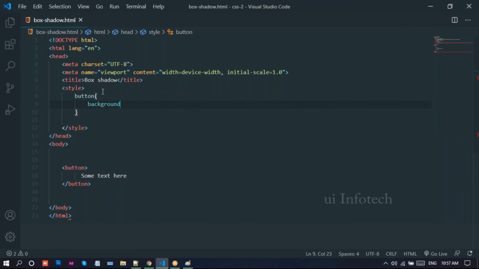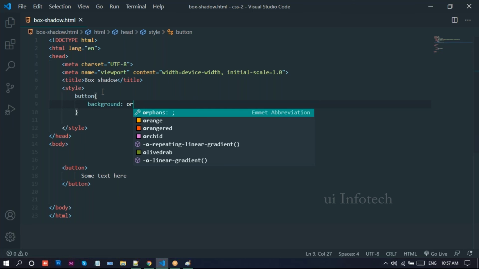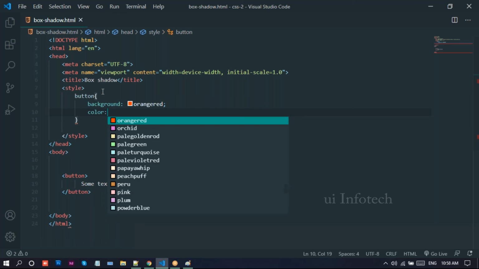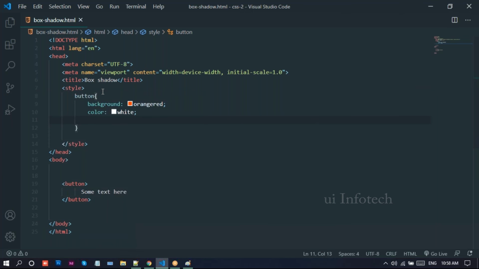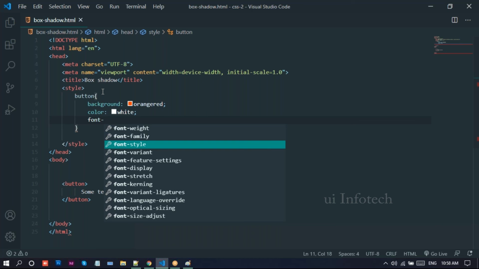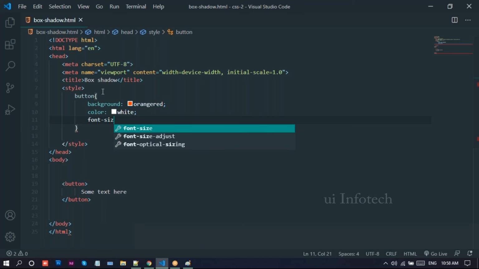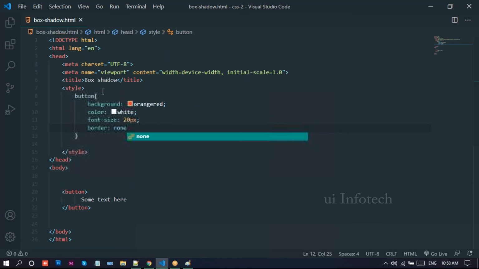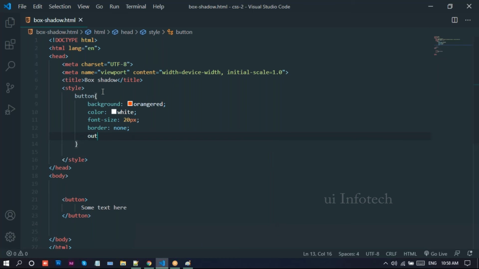Background orange red. Color white. And the font size, I'll just provide 20 pixels, and also I'll provide border none, outline none, and I just apply some padding.